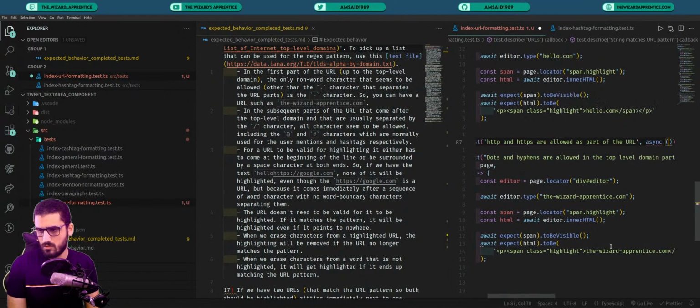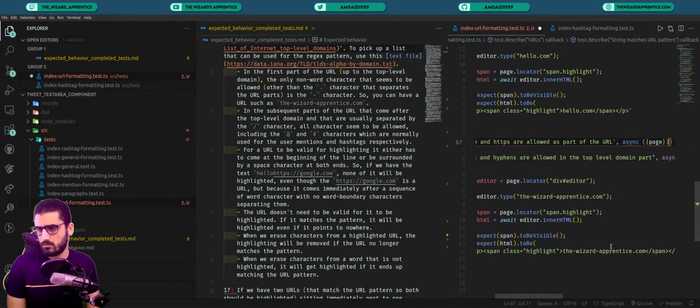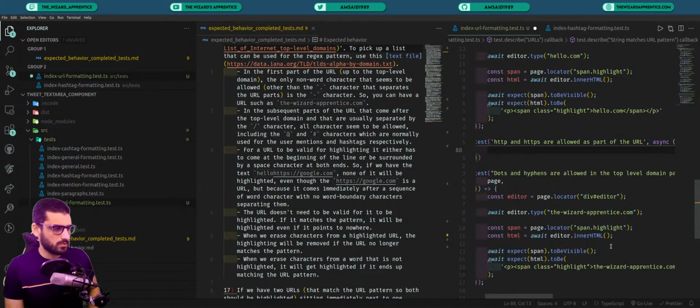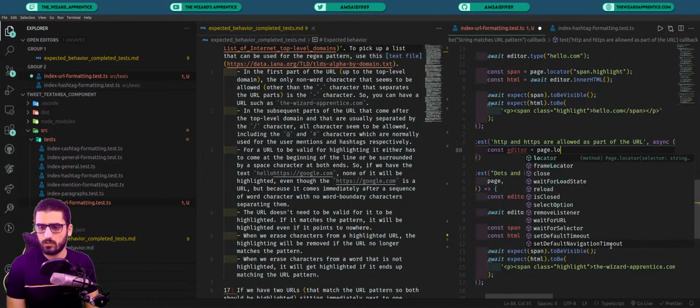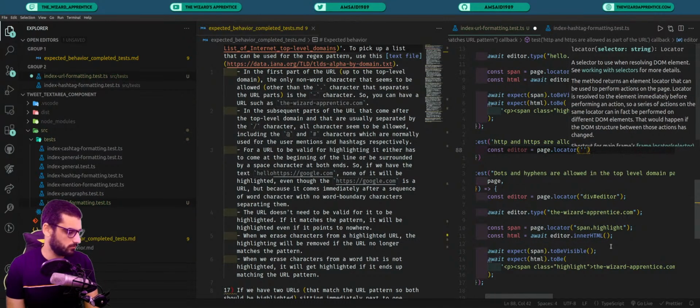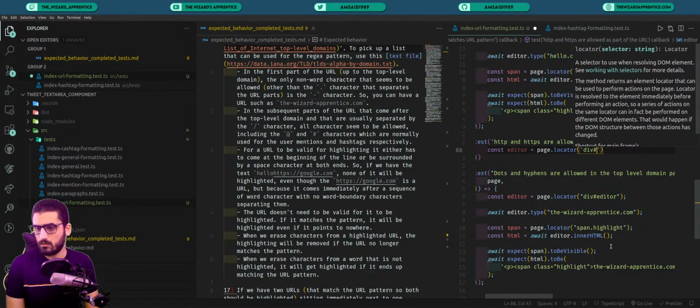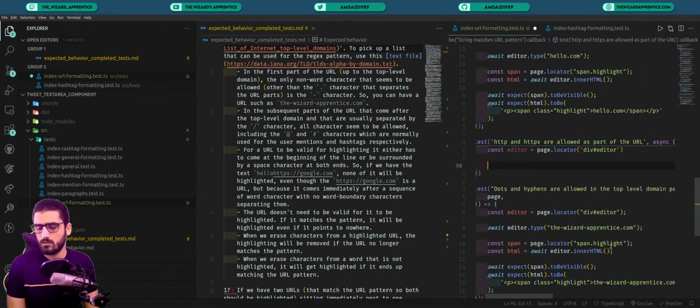So basically what we're doing is creating a lot of examples of URLs that we know should be highlighted, and we want to make sure that our component will end up highlighting those. So that's what I'm doing at the moment. Locator, again we'll get the editor and then await editor dot type